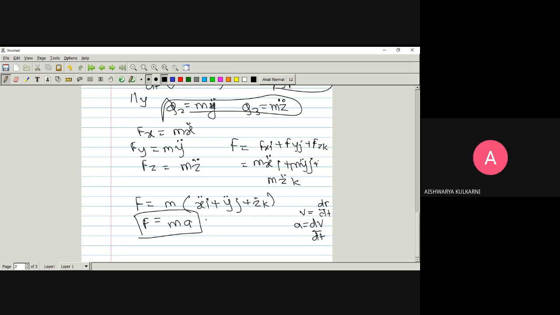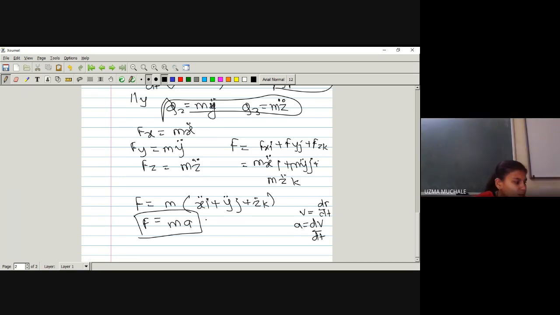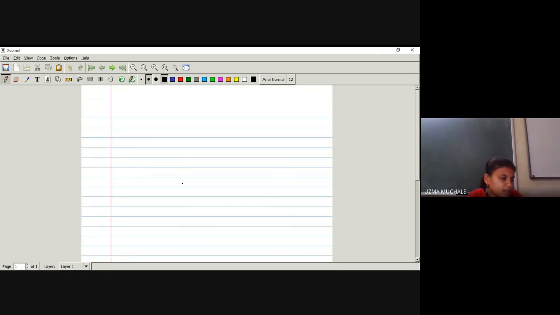No, ma'am. So let us go for the next example, that is a simple pendulum. In this lecture we'll see only the construction of the simple pendulum. I hope you know the simple pendulum if you have the subject of physics. So how are you going to construct a simple pendulum? First we'll have some rigid support, right?